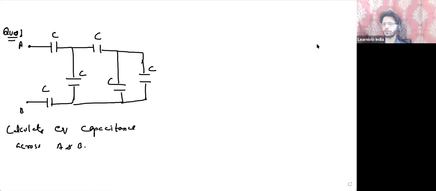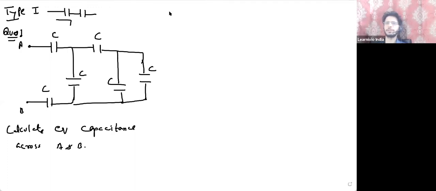So every type of circuit will have certain methods. Let's start with type 1 circuit. In type 1 circuit, to decide whether the given capacitors are in series or not, there is a very simple method. If there is no branching, that means your capacitors are in series. This is the series combination. If there is no branching, like this is series,